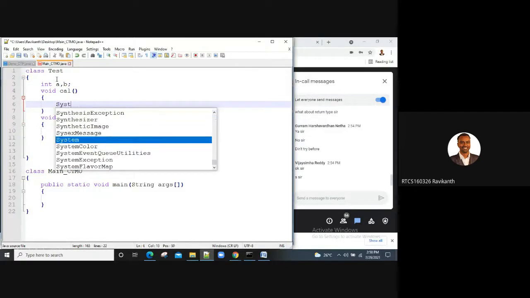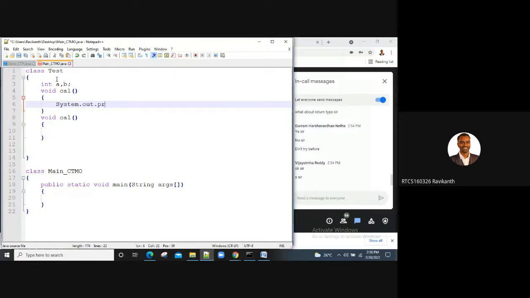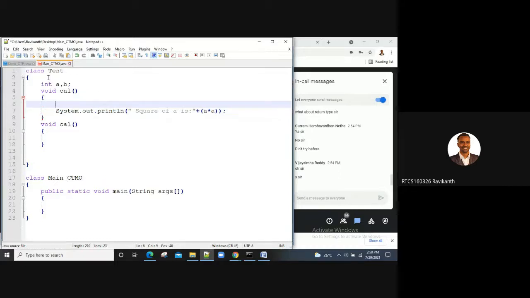Then System.out.println, perform square of a is. So how do you perform it? a into a, right? So here again, actual variable, formal values.